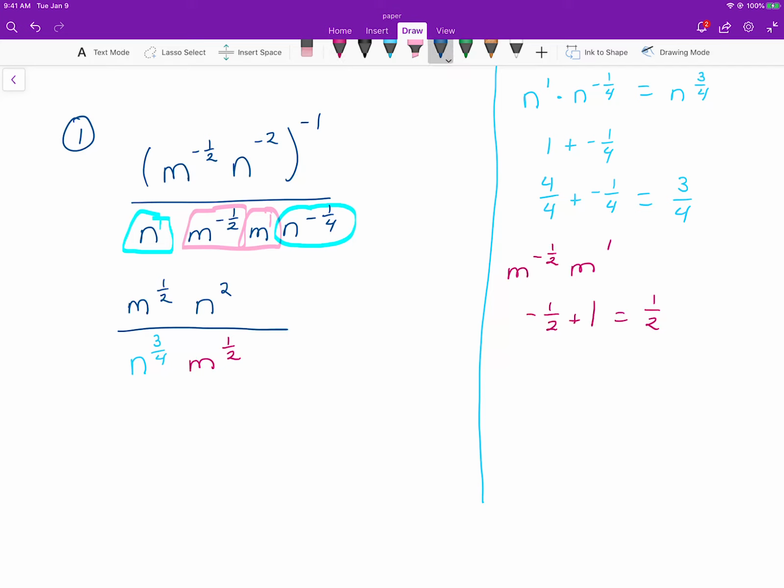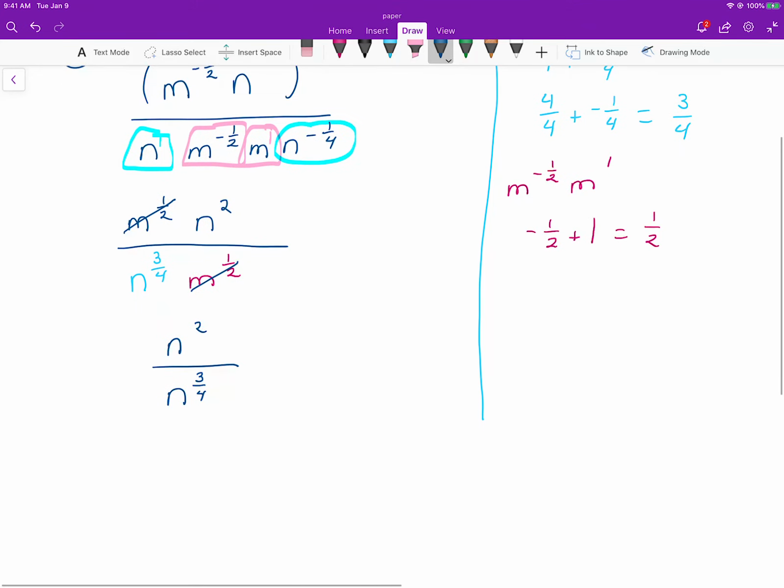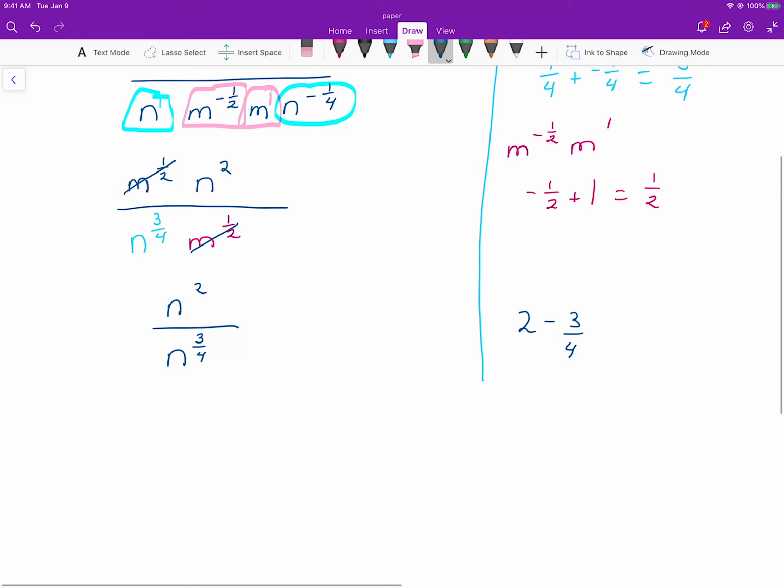So the first thing I'm noticing is I have m to the 1/2 power in the numerator and the denominator. Those will cancel right out. So now we're left with n squared over n to the 3/4. And the rule for division, when the bases are the same, and they are, they're both n, is we subtract. So I'm going to have 2 minus 3/4. We need common denominators here. So I'll have 8/4 minus 3/4,